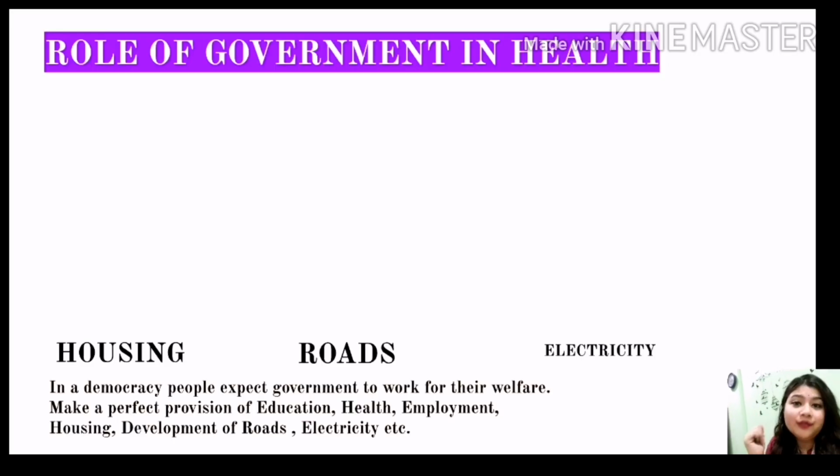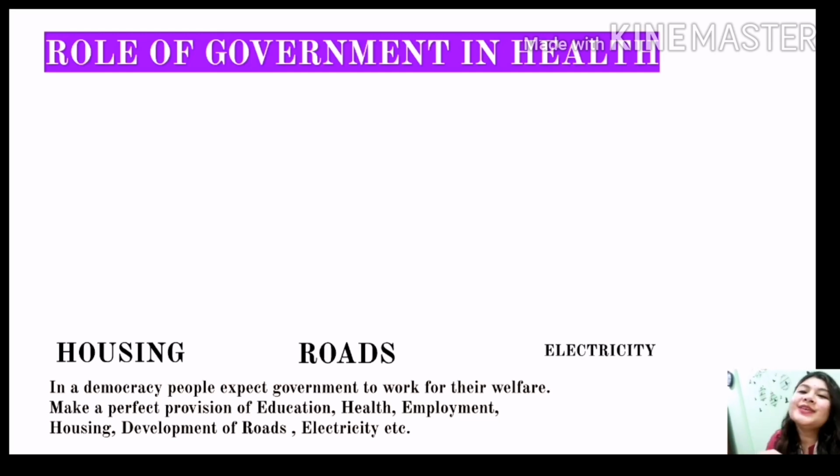Now, we have known that in a democratic form of government, people vote and select their own representative, because a democratic form of government is for the people, by the people and of the people, and people enjoy the right to vote. We have known this from our previous chapter. I hope you remember. Then in a democracy, people expect the government to work for their betterment, for their